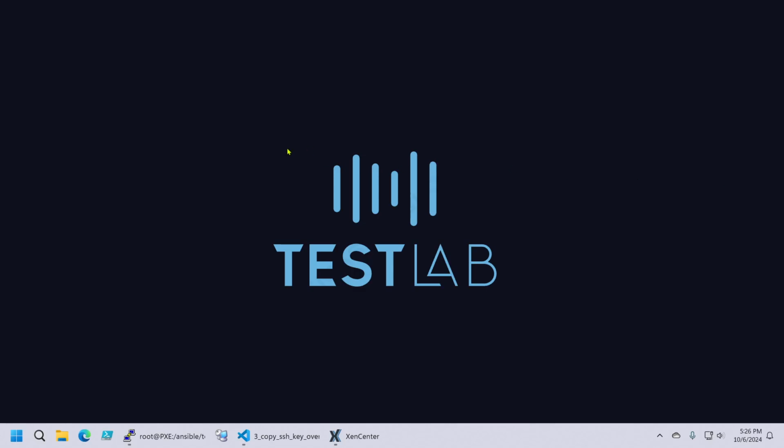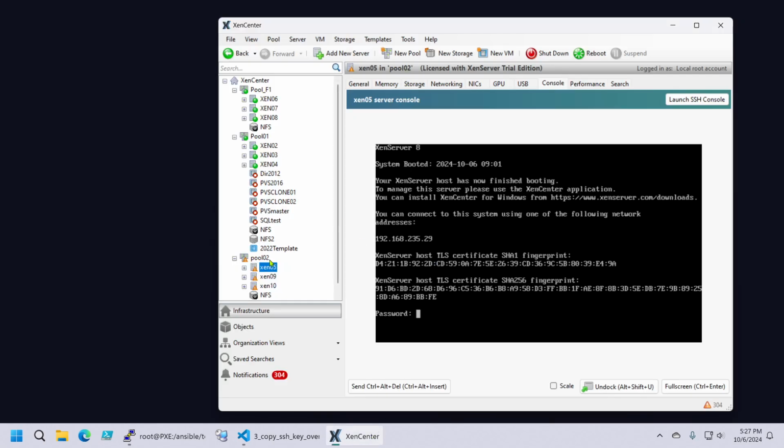Hello everyone, so today we will create an SSH key pair and we will populate all our environment with the public key so that we can afterwards execute Ansible commands without the need of using the root password. So we have our environment, all our hosts. I have 9 hosts, and we will create